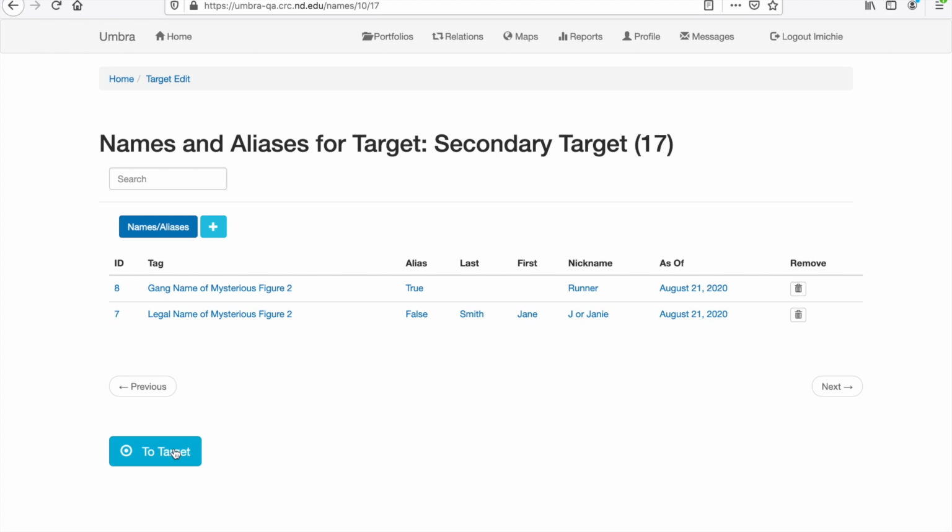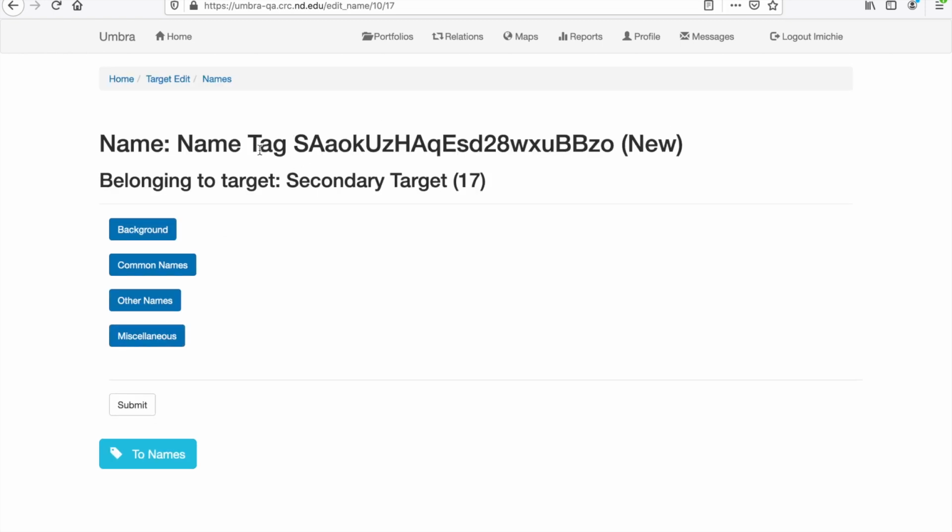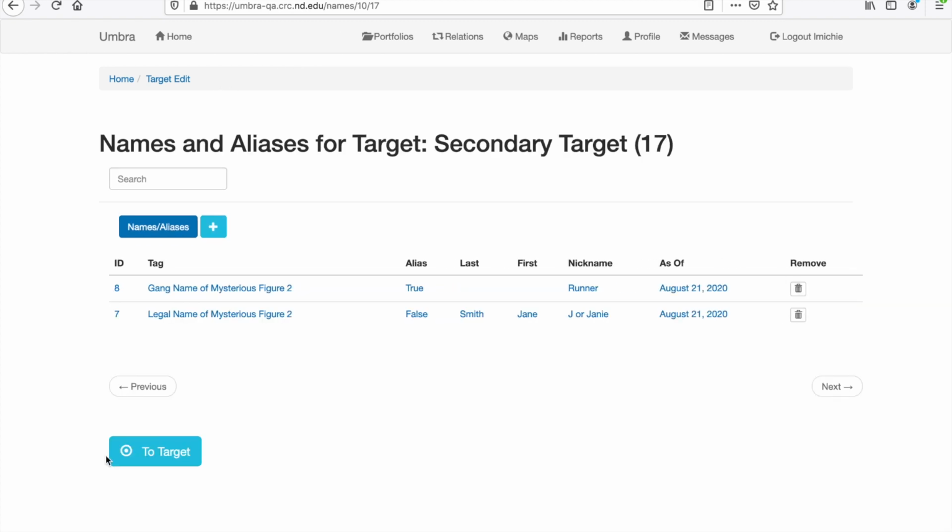This will present a page with a list of existing names. By clicking the plus icon on this page, the Names View Edit page is displayed, and a new name or alias can be created. Returning back to the earlier list by clicking on the To Names button or the Names link on the breadcrumb near the top of the page, clicking on any one part of the listed name will display the name in the View Edit page again, letting the analyst read through and edit any of the elements